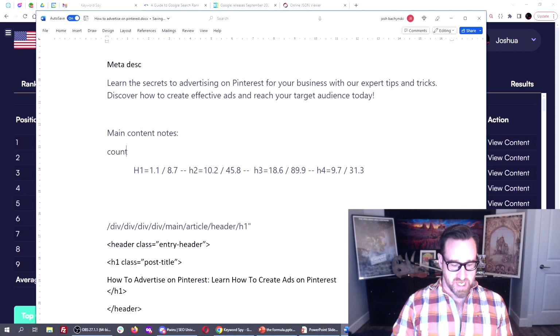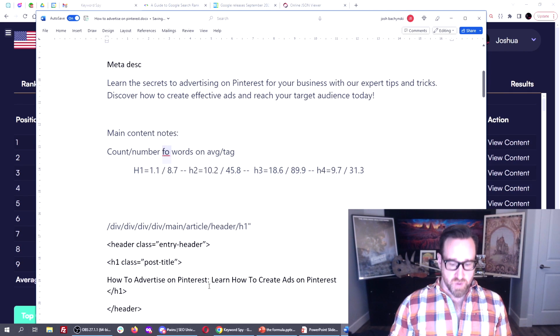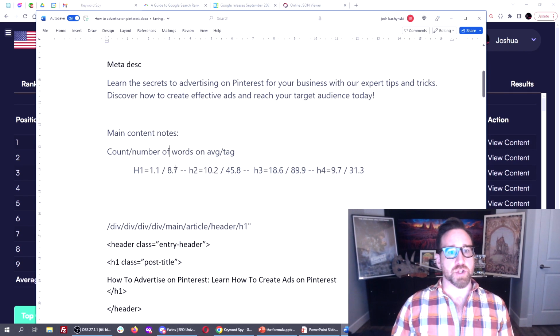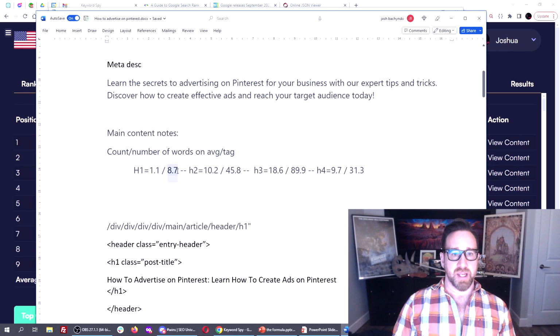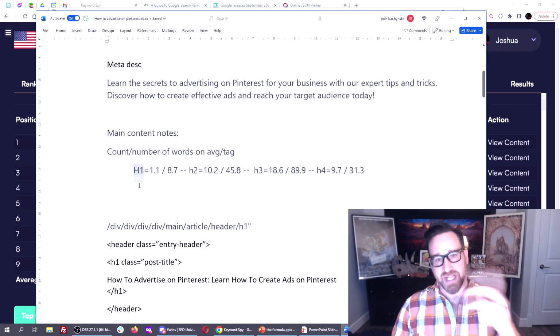So this is the count and number of words on average per tag. You know the kind of keywords you're supposed to be using here, and how many words on average you're supposed to be using, so you know how rich it's supposed to be. And in constructing the entire page, we get a sense of the spots where we're allowed to use keywords, what kind of keywords we're allowed to use, and how rich it's supposed to be in general, not only per section and per tag, but because we're going to do the section later,